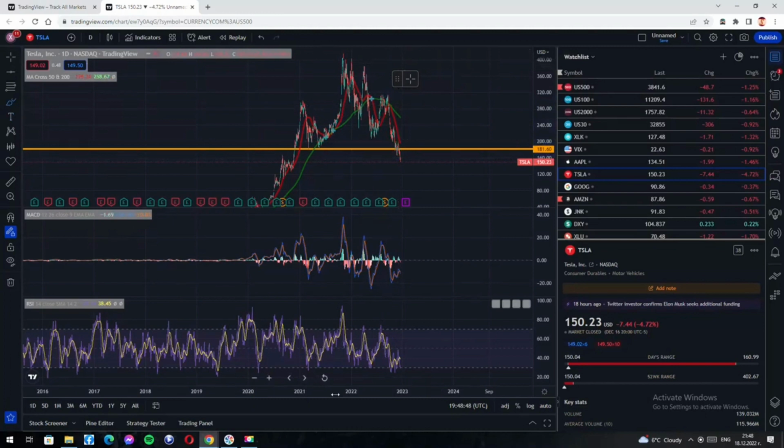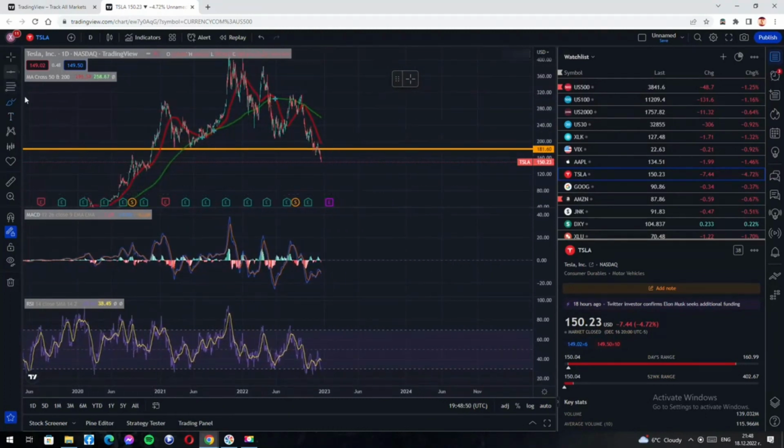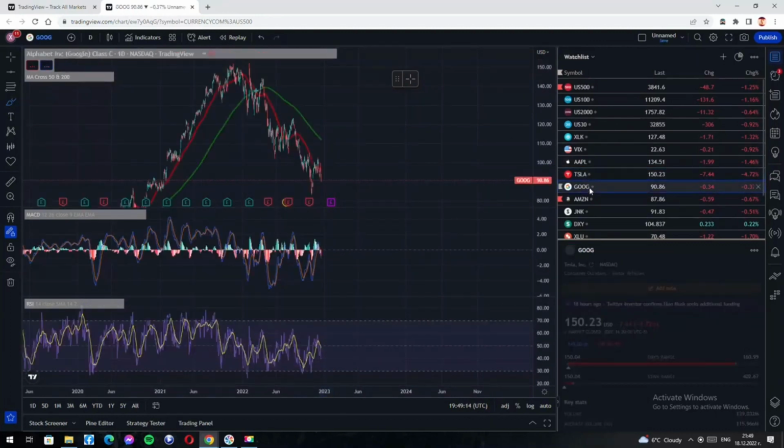Not even a dead cat bouncing. I believe that around here there is some support, so I believe that we're getting a dead cat bounce next week to around 180. The 50 daily moving average will be right around here. There we'll get a rejection and we'll move lower to end the week at around 138.